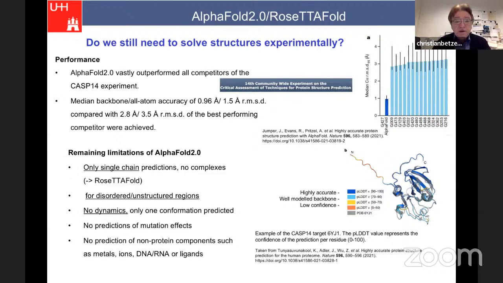And we know we have many assemblies, showing up as dimers, tetramers, and so on, to be active, and I will show examples later on. Disordered and unstructured regions, similar to experimental methods, cannot be predicted so well. No dynamics, no prediction of mutations, and non-protein components are also not predicted till now, I would say again. For example, RNA and DNA and protein complexes, metal ions, ligands, for example drugs, cannot be predicted now, but I understood the next version is particularly focusing on coordination of ions.